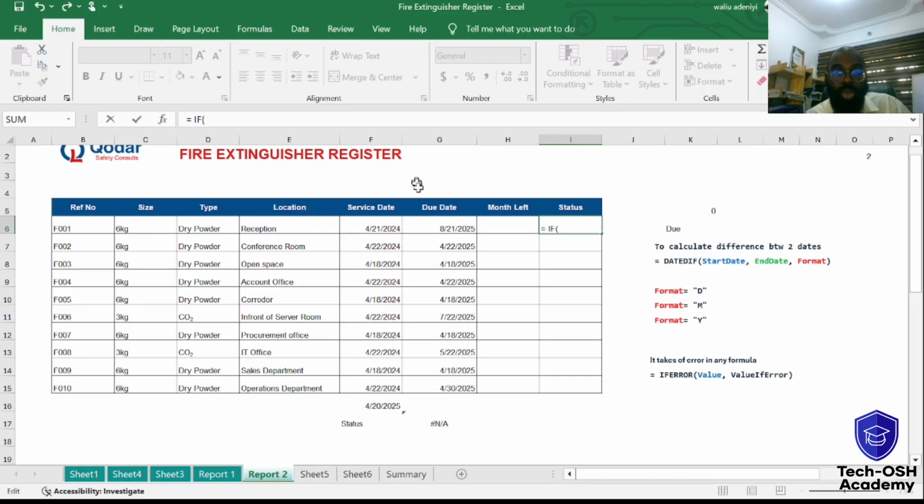If this particular cell, which is the due date, G6, the intersection between your row and your column is your cell. If G6, that particular cell, is what? If G6 is greater, where's your greater sign? I'm looking for my greater sign. If G6 is greater than what? Today,